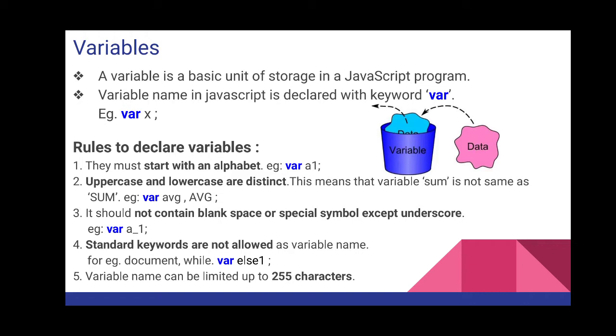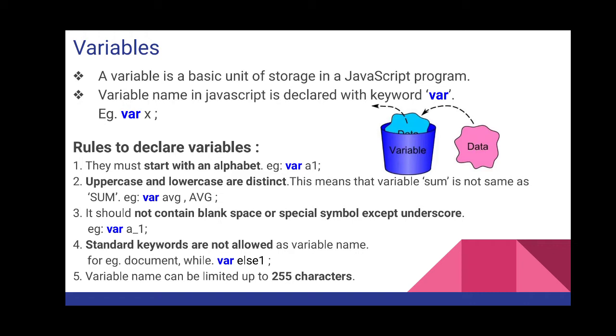Now, for the name of a variable, I cannot give just anything. There are some rules which you have to keep in mind, and according to those rules you have to give the name to the variable. Before that, just look at the diagram. You can see the blue bucket, which is a storage unit, that is why it is called a variable, and you can see the data is changing. First there is some data in that bucket, after some time that data is removed and new data is put into that bucket, that is why it is a variable. So in a variable the data keeps changing.